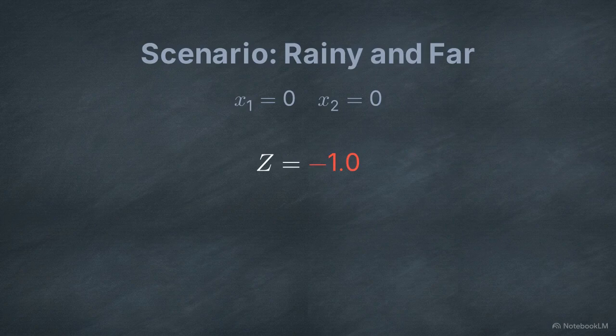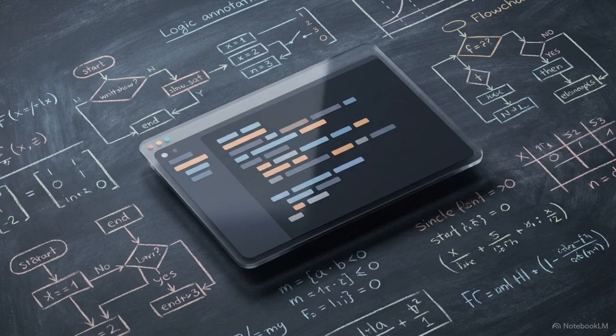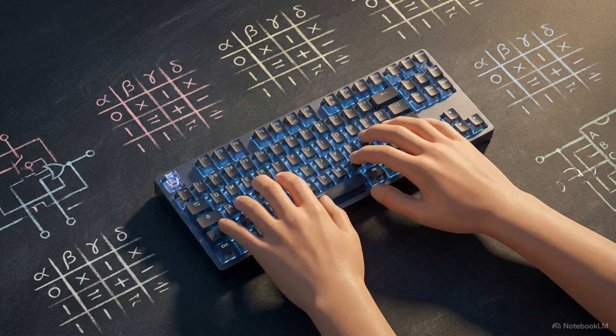Contrast this with the rainy and far scenario. With 0 positive input, the math defaults to the -1.0 bias. The result is less than 0, successfully outputting a stay decision. This generated code editor shows the transition to practical application. We define a Python function for our perceptron decision, pre-filled with the finalized weights of 0.6 and the bias of -1.0. We execute the step by feeding the exact test scenarios from our truth table directly into the arguments of